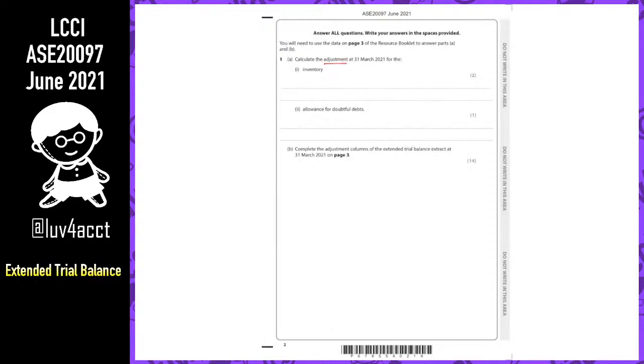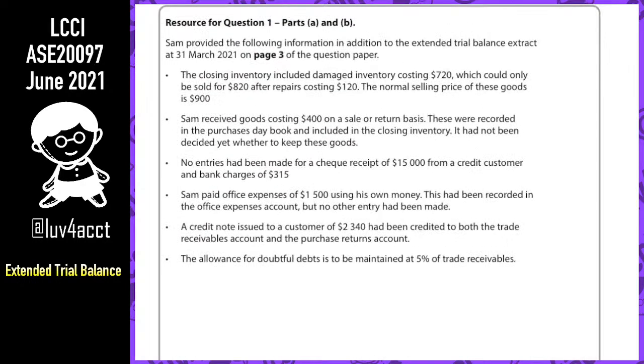So bear in mind, adjustment for inventory and also adjustment for allowance for doubtful debt for the first 3 marks. So Sam provided the following information in addition to the extended trial balance provided on the question